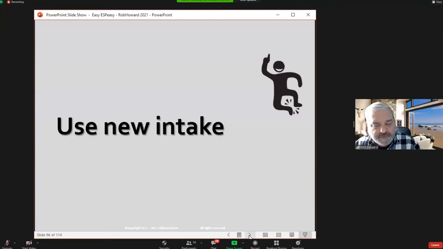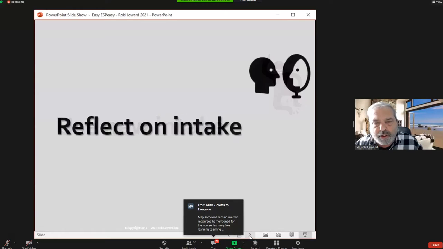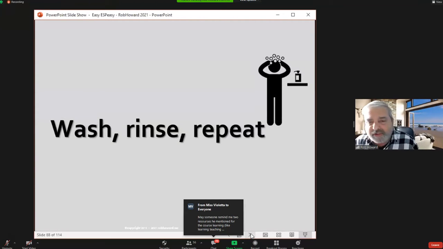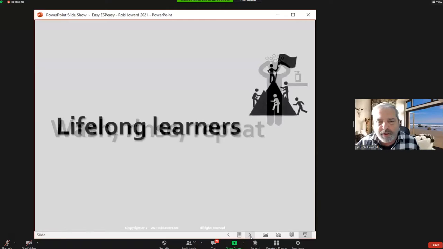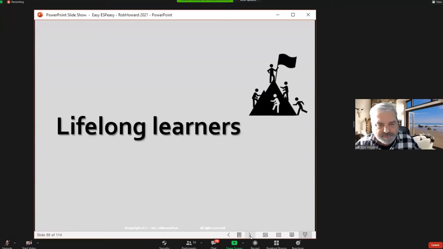And we constantly find new ways of new intake for new vocabulary. And we reflect on the different things that we've come up with and that we've worked with. And like it says on the shampoo bottle, wash, rinse, and repeat. You do it all over again because they need the practice. They will feel much more confident if they work with you, make their mistakes with you, and get rid of the mistakes there. So make sure you do this, because the idea is to build